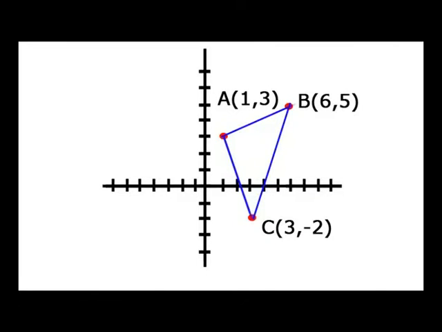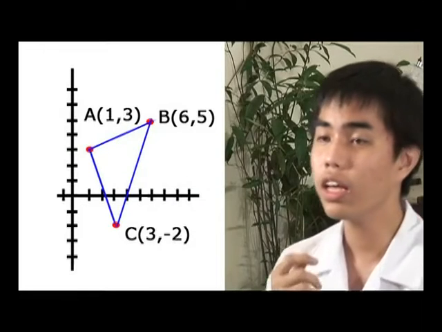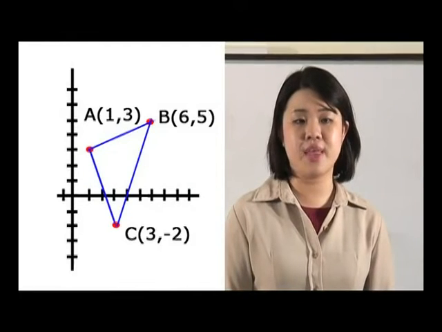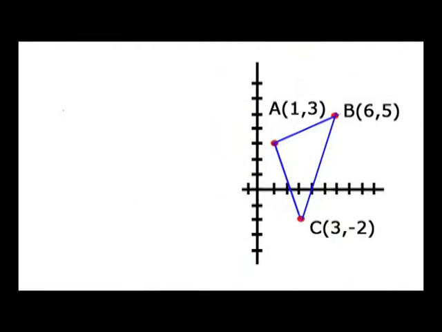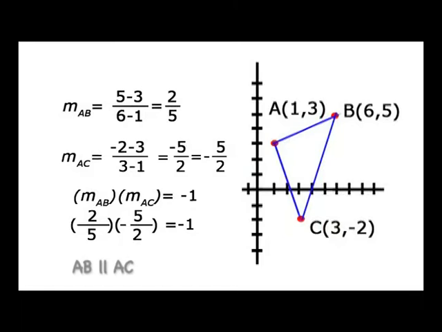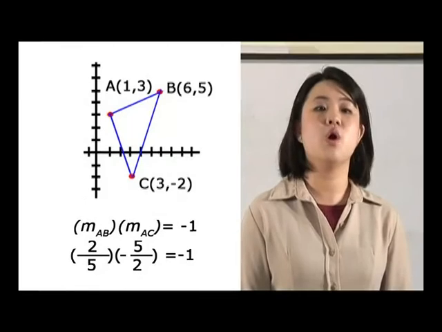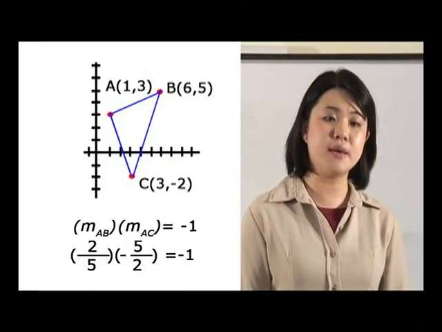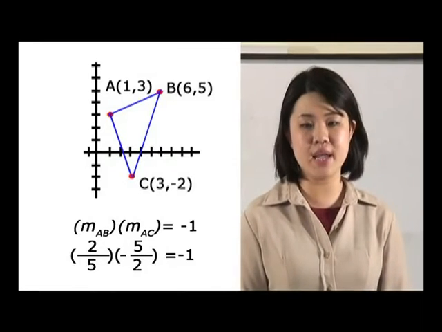It looks like A is the right angle. Then, AB must be perpendicular to AC. Let's check together then, shall we? We have what we need, don't we? Now, we know that ABC is indeed a right triangle. This is cool. We did not even use the Pythagorean theorem.